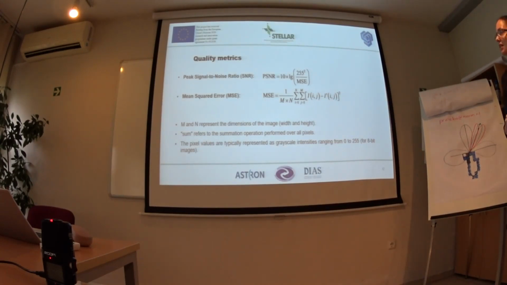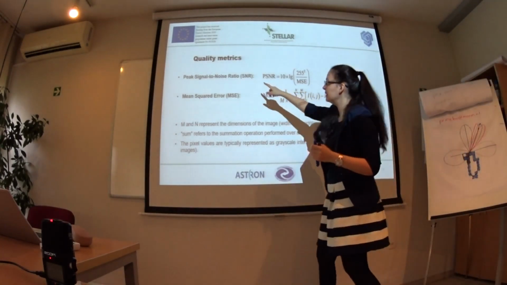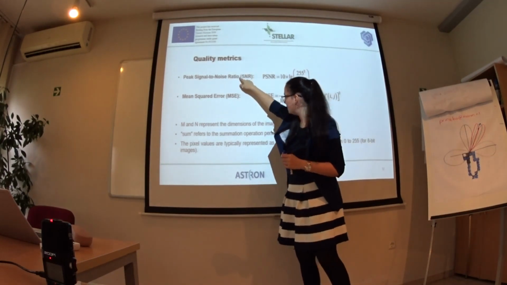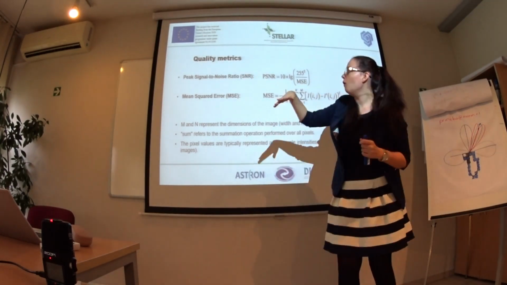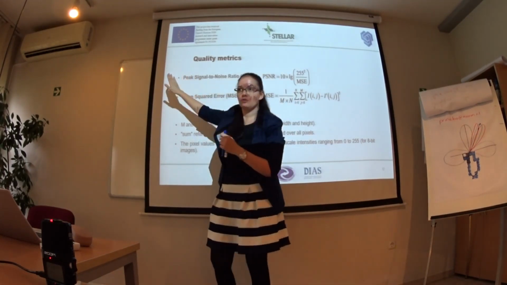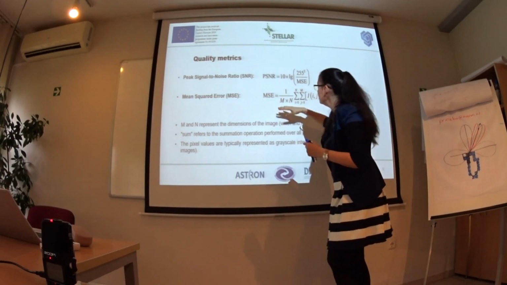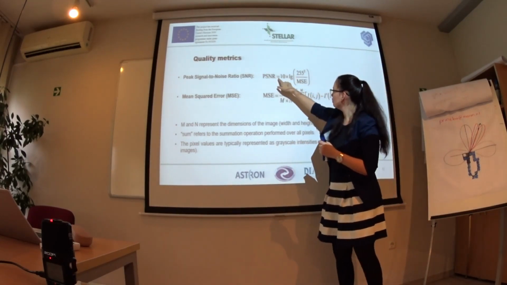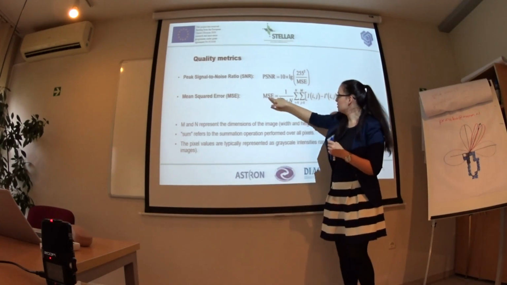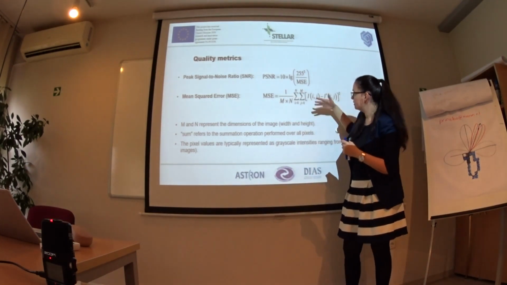The first one is signal to noise ratio. I forgot one P here, sorry, I saw it now. It's PSNR, or with only SNR, signal to noise ratio. Okay, so peak signal to noise ratio includes the mean square error, and the mean square error is calculated as